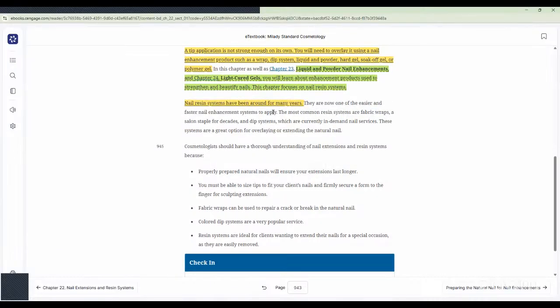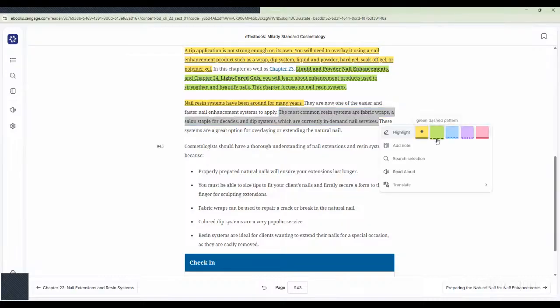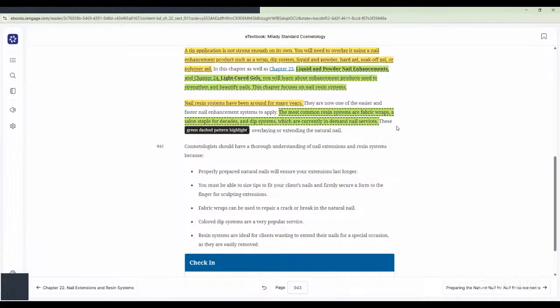All right. Here's where we talk about the most common resin systems: fabric wraps, a salon staple for decades, and dip systems, which are currently in high demand. You are absolutely right. Fabric wraps, you would clean the nails or possibly do a manicure before. Clean the nails. Anytime anyone talks about nail repair, holding on to the nail, I'm going straight to fabric wrap nail systems. Okay, the resin system, and so I would take either silk or paper,